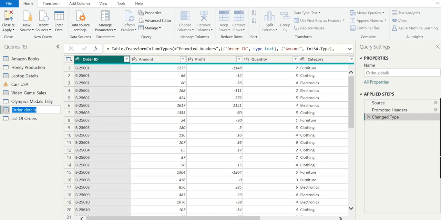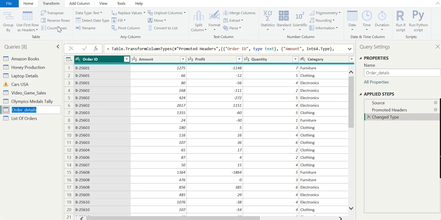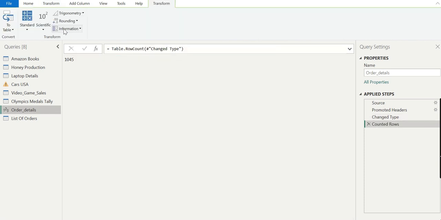If we go to the Transform menu and click Count Rows, you will see there are a total of 10545 rows. So let's undo this particular transformation.